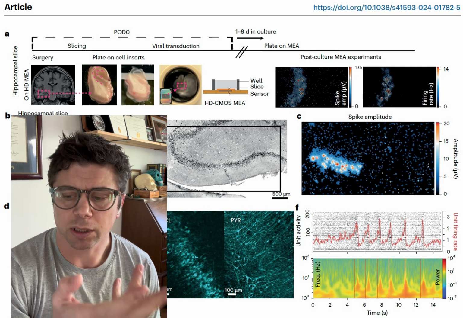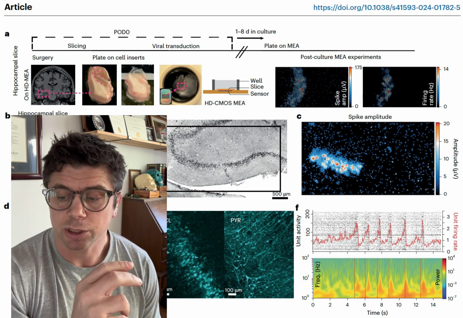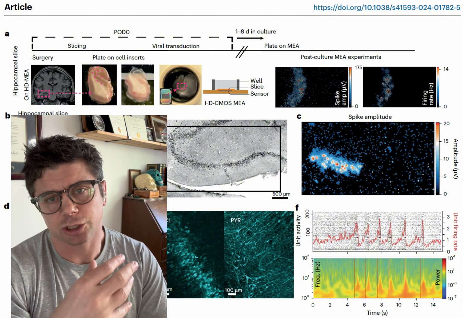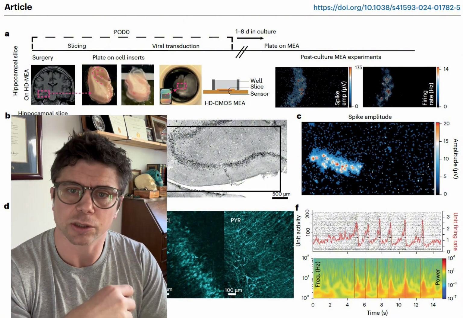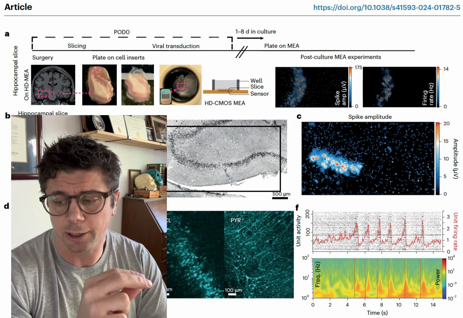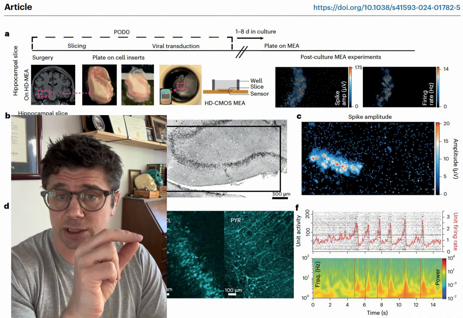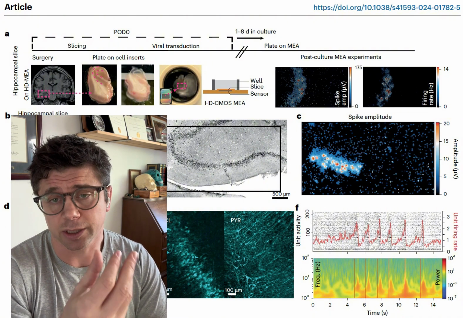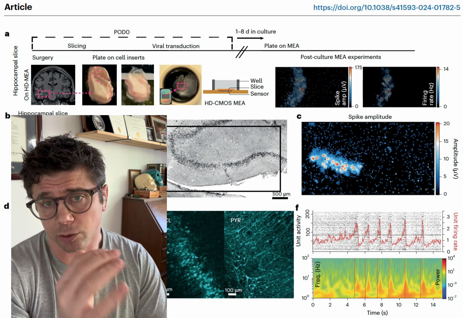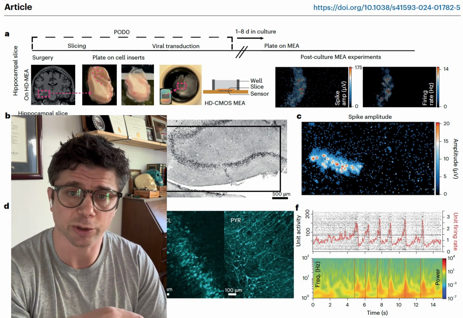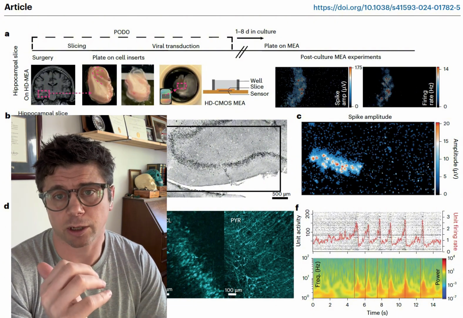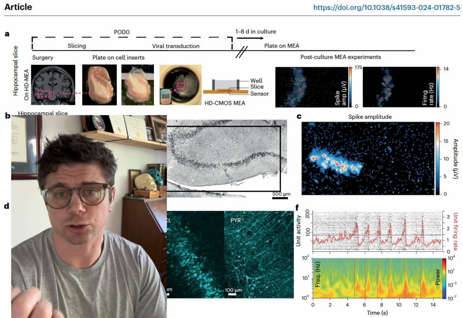So what I've done in this figure is, on the top, you can see I have a general experimental timeline where I show that we're using samples from this part of the brain, the hippocampus, surgically resected, and then we are slicing them into very thin slices on the day of surgery, then plating them, culturing them for a few days before doing the final experiment day, where we plate them on the high-density microelectrode arrays to do the electrophysiologic